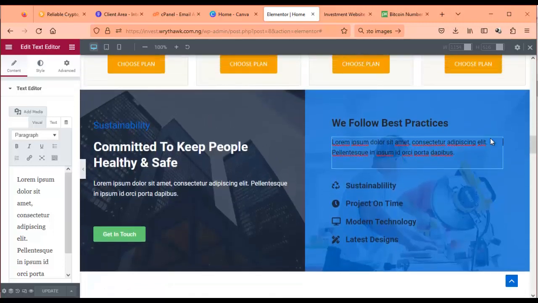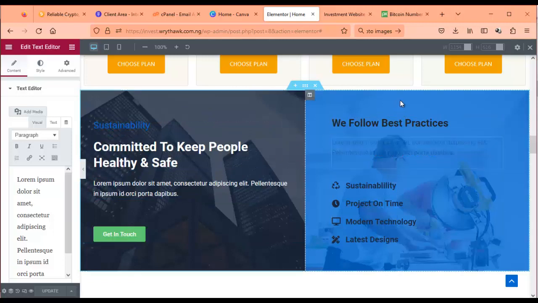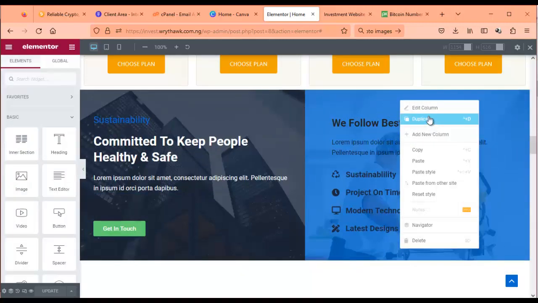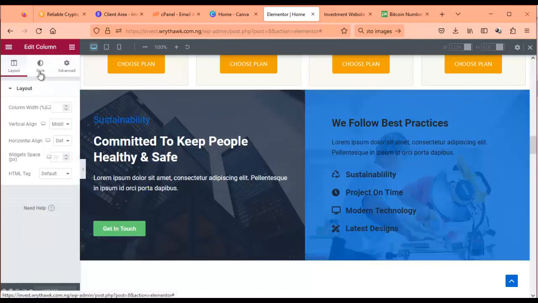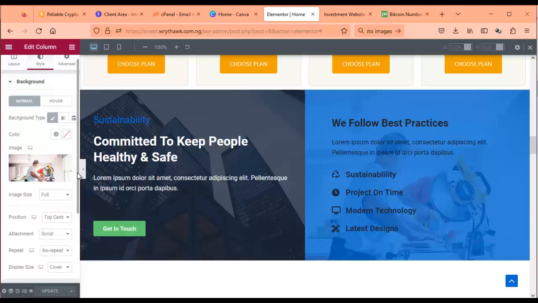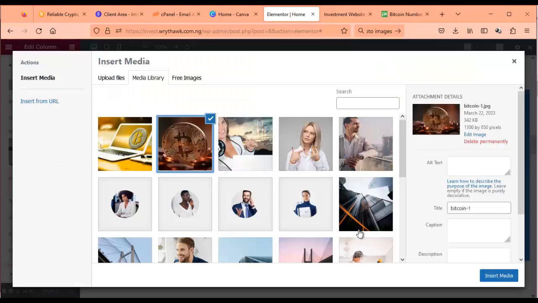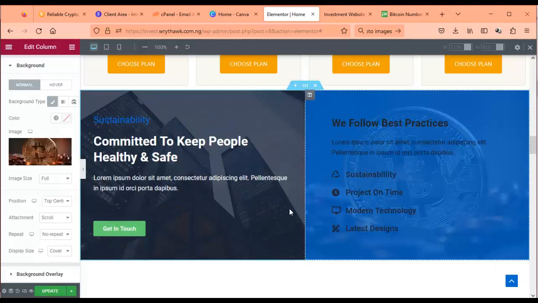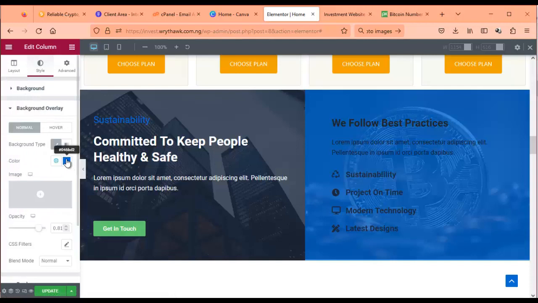Okay. I can leave this one, but then this I want to change the overlay because we have blue overlay here. So I want to change the blue overlay to even the image. Let's change the image to something close to what we are using here. Okay, so then the overlay also should be